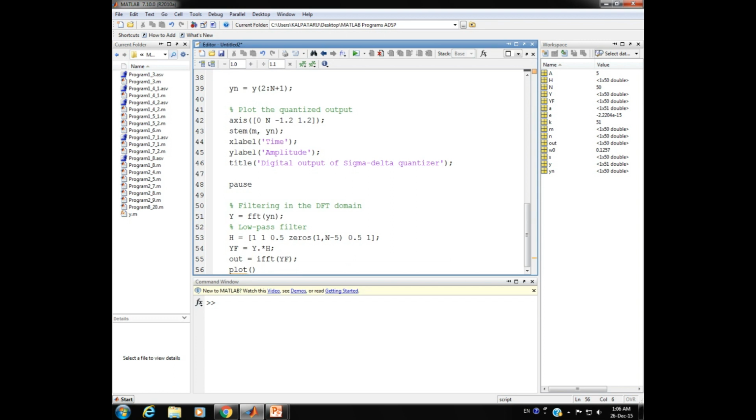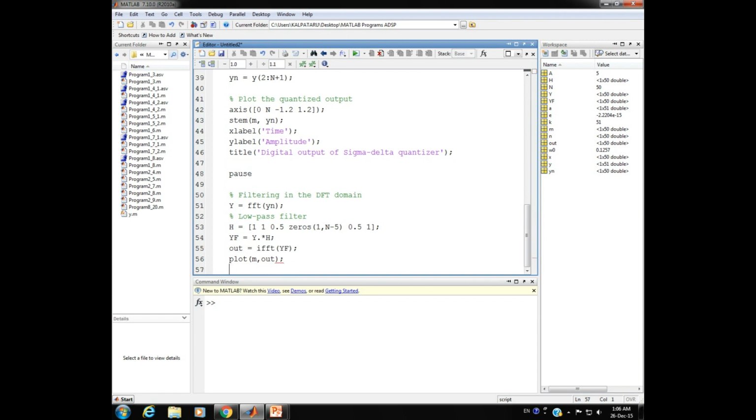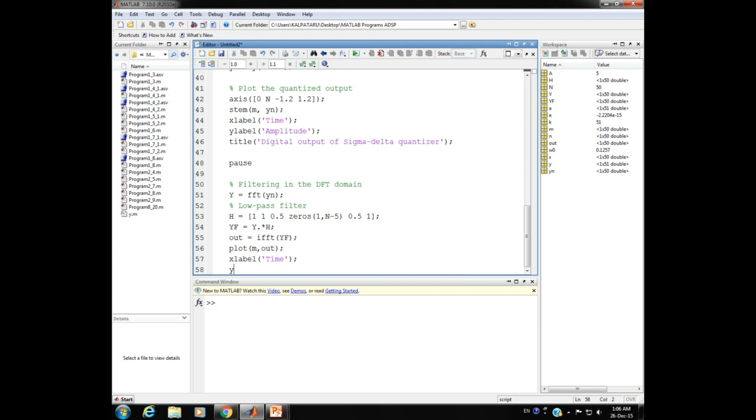Now it will be the plot of the filtered output. So making use of the plot command, small m is the input argument along with OUT as the variable. Next, for the horizontal axis we have xlabel, where we mention time as the quantity. Next, for the vertical axis we write ylabel, and there we write amplitude.